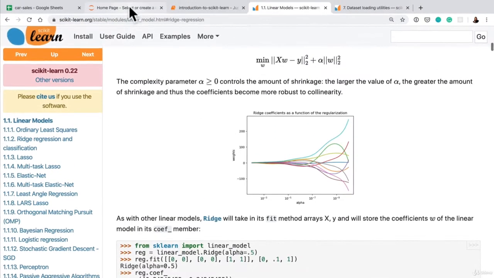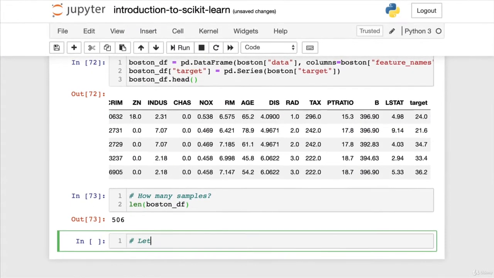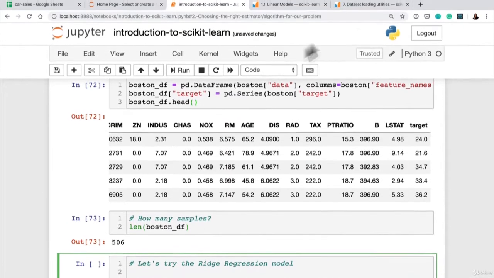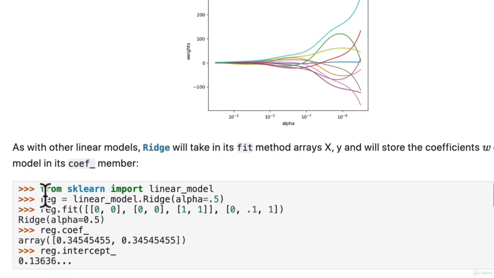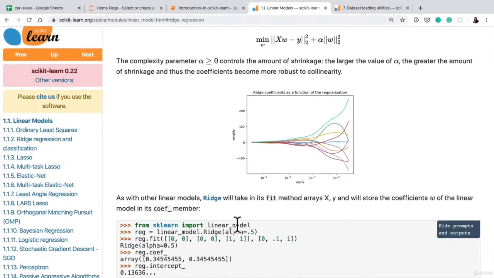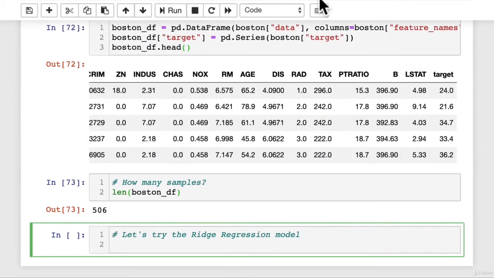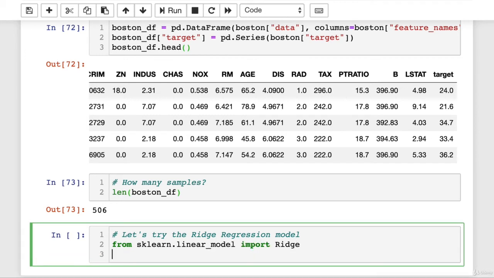Well, let's see. Let's go back. Let's get some code working. Let's try the ridge regression model. So if we go back up here, if we go from Scikit-learn import linear model, and it's linear model.ridge to use the ridge regression. But actually, we don't want to just do it like that. Let's skip a line of code, and we can do it by going from Scikit-learn dot linear model import ridge,